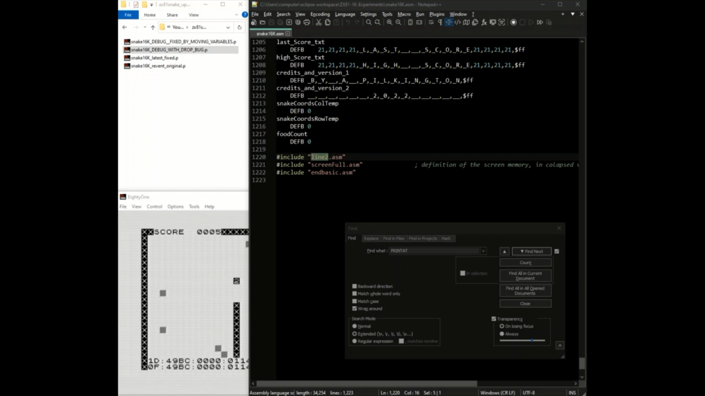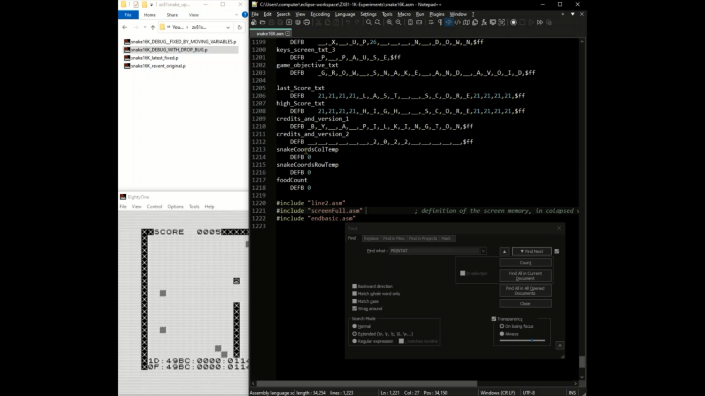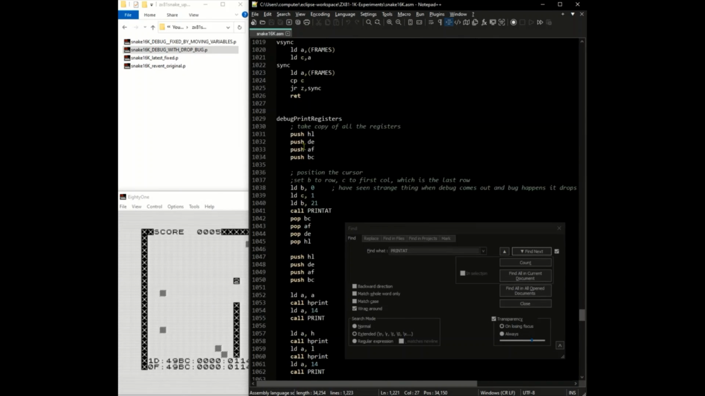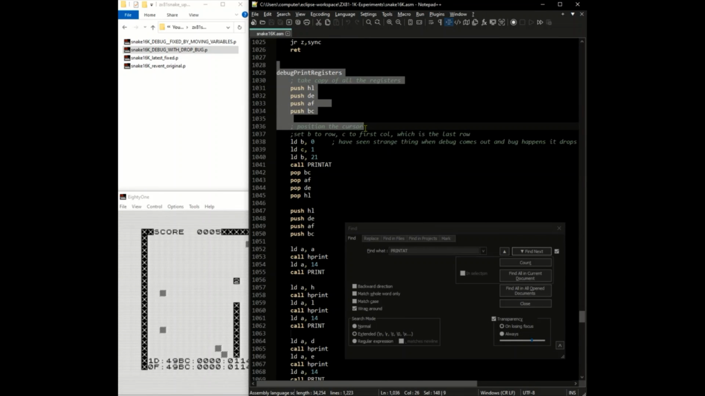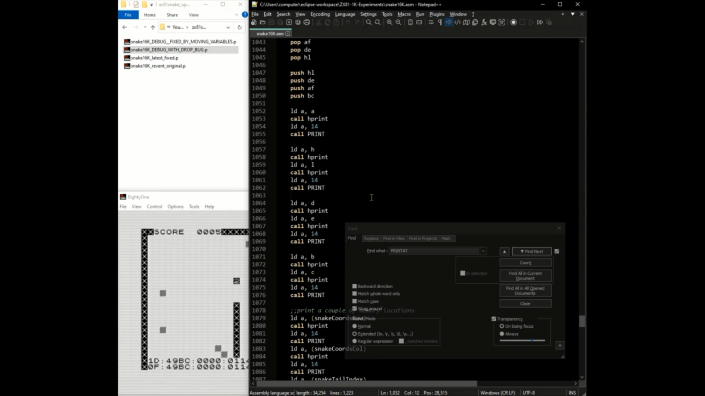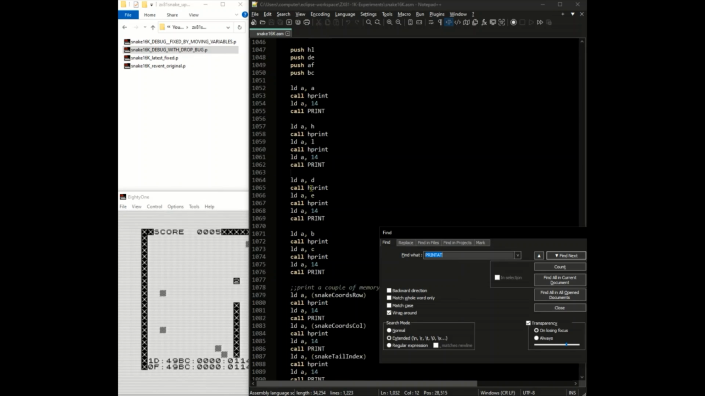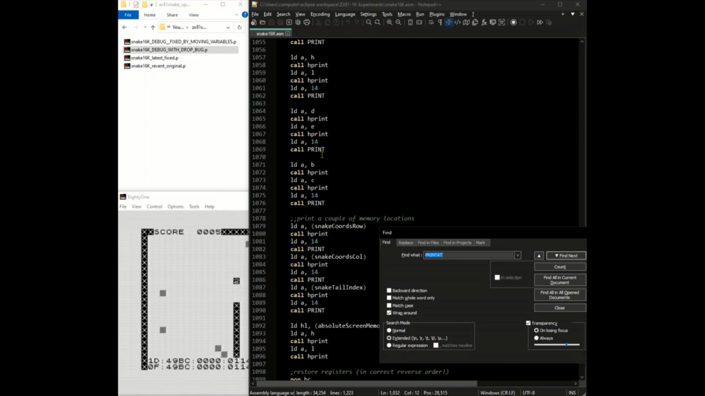And so yeah, that was a bit suspicious that I actually had my variables after screenfull instead of before. So this is the fixed version, so I changed that around. Now here's the debug print registers routine there. First it saves all registers, and then at the end it restores them all. It prints out all this debug. So yeah, in the latest fixed version,